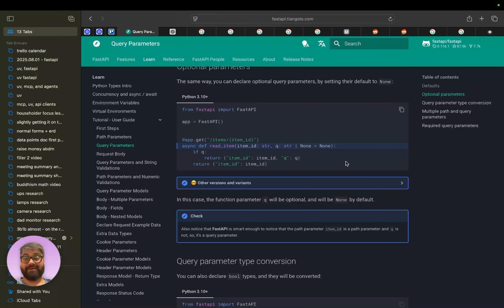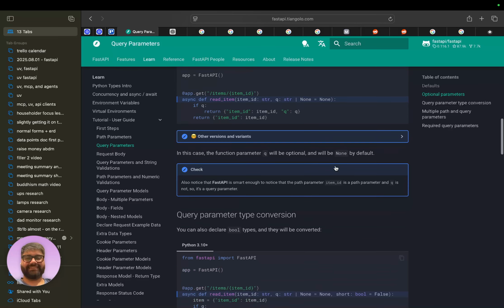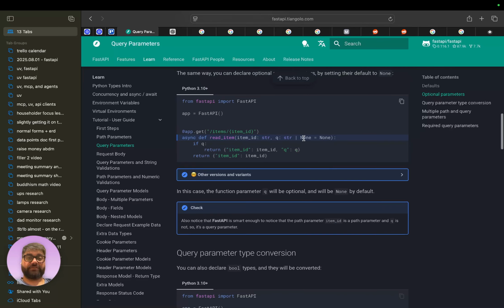It could literally be the None type, and that's okay. That's acceptable, right? It's just weird. And if you did str or None equals, I don't know, the string 5,000, let's just say that.